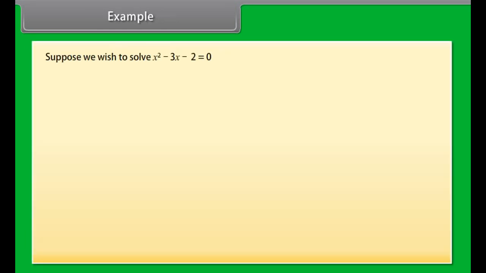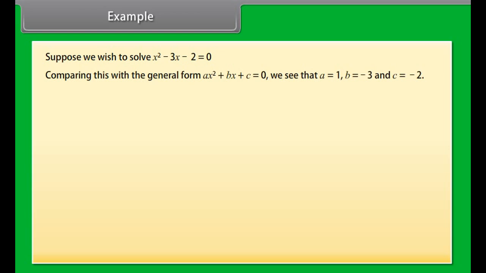Example. Suppose we wish to solve x² − 3x − 2 = 0. Comparing this with the general form ax² + bx + c = 0, we see that a = 1, b = −3, and c = −2. These values are substituted into the formula. It becomes